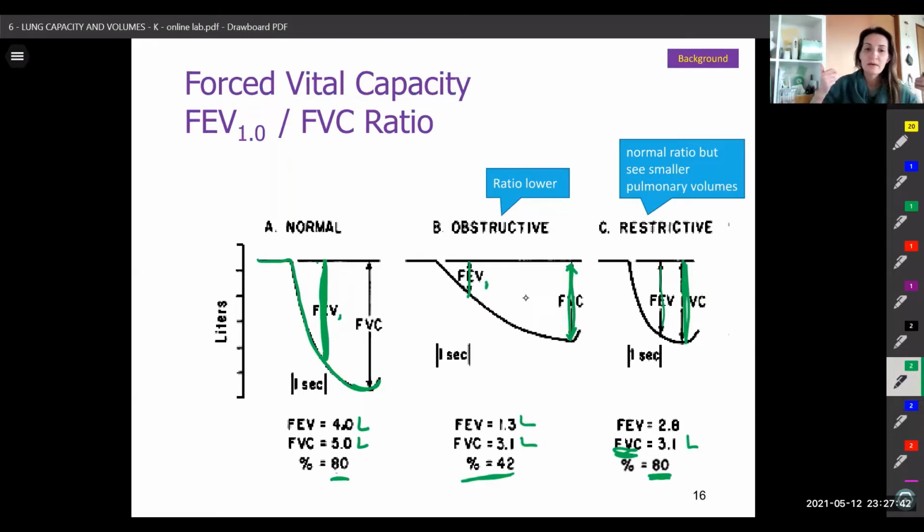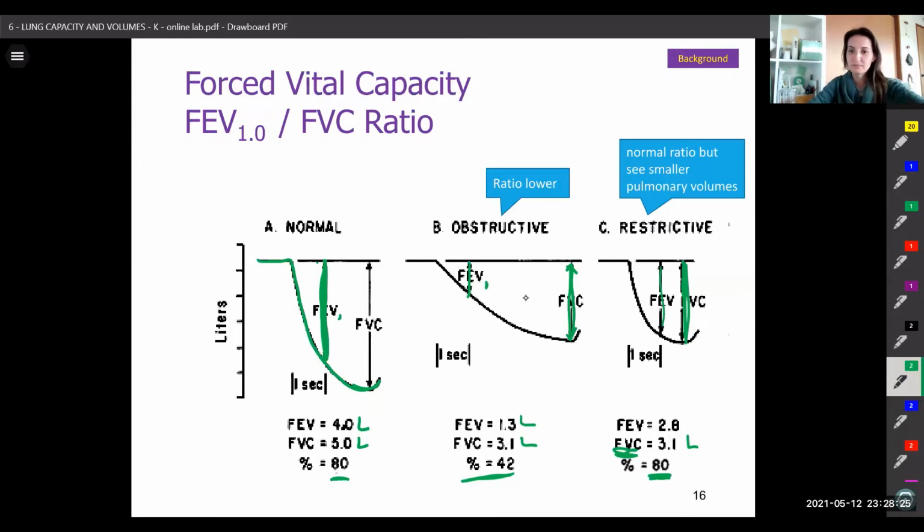Normal, we expect normal ratio, 80% or greater, and FVC falls within normal for the individual's age and height, right, for their characteristics. For obstructive disorders, we're going to see that the FVC is low and the ratio is low, right? They're trapping air upon exhalation, FVC is low, and the percentage of what they were expiring in the first second is going to be low as well due to that obstruction to the airflow, the greater resistance